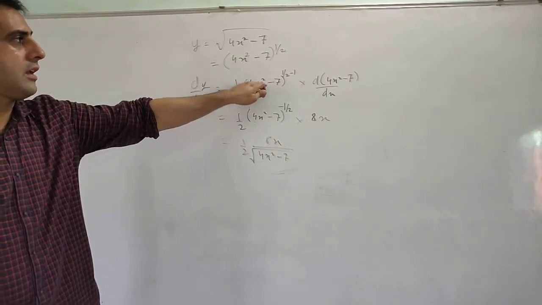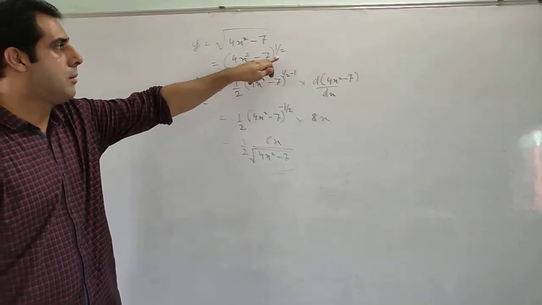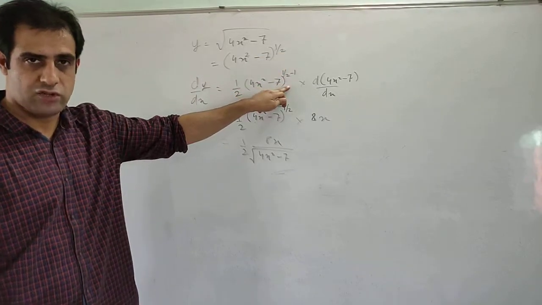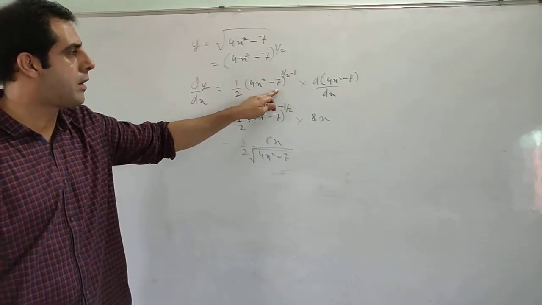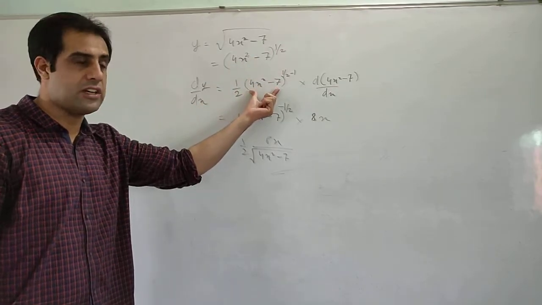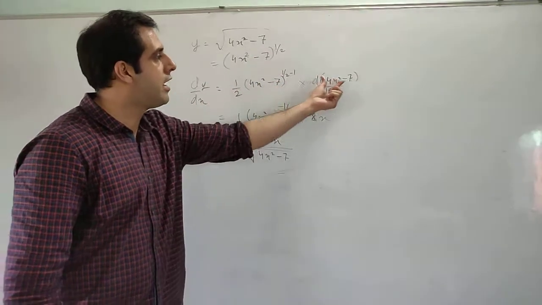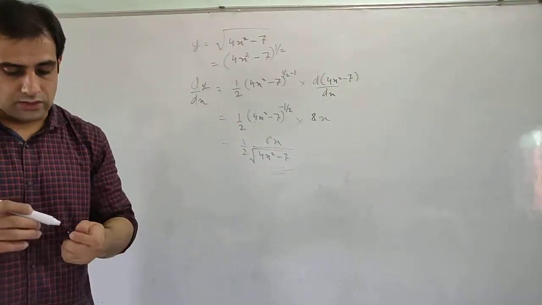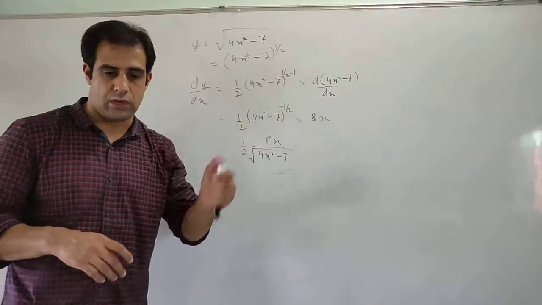So what are we doing here? In such kind of equations, we differentiate the power first by the same x to the power n rule. The bracket comes as it is, and we multiply. Now we differentiate this bracket and solve it like this. I will give you further examples on this. You can solve them at home.